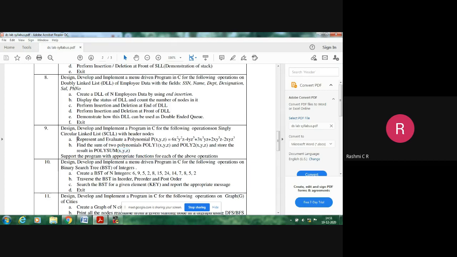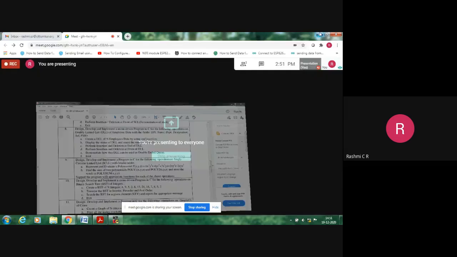These are the two operations to be performed in this program, and also they have mentioned that we should support the program with appropriate functions for each of the above operations. So we have to separately write a function for each of the operations and implement the singly linked list with circular header node concept.